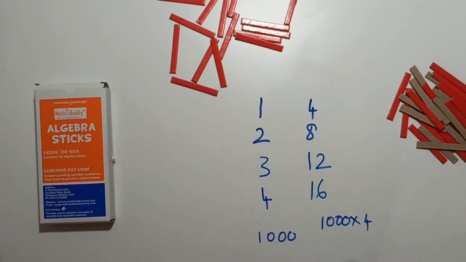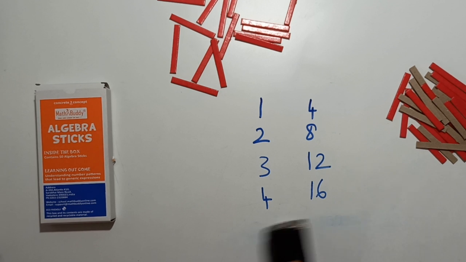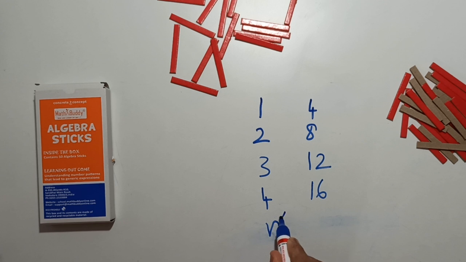Now, instead of 1000, I just want to write a general expression for any number that I want to put. How do I find the number of sticks that I need? Let's say that I want n squares. Then how many sticks will I need? I will need 4 times n. So algebra is all about creating expressions that will help us. These expressions will have some unknown quantities, some things which are dependent, some which are independent. You will learn a little bit more about these things as we move forward. But identifying patterns and creating expressions like this is the core idea.